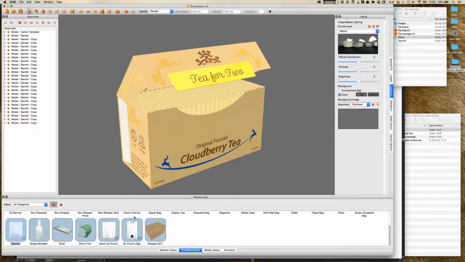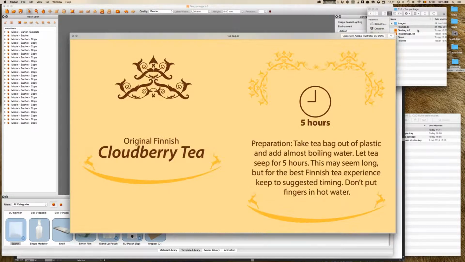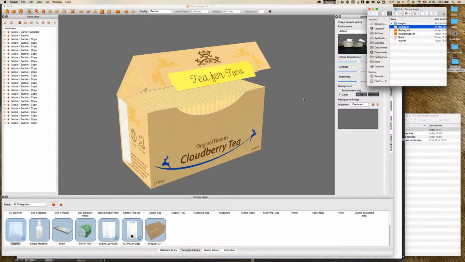We saved that. We created a tea bag from the sachet templates in here, adjusted the dimensions, the right seal in there, a tear notch in there, and then with the PDF editor in this case, instead of Illustrator, the PDF editor that's built into iC3D Suite, we applied the other piece of artwork I had for the tea bag, saved that as well, and then imported that tea bag into the tea box, multiplied it so that we have 25 tea bags